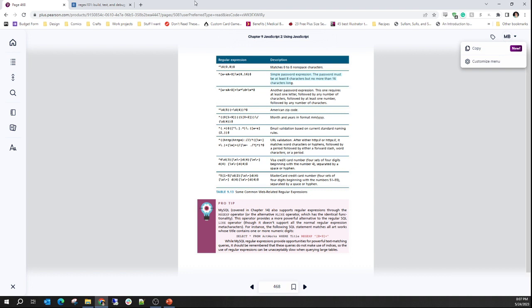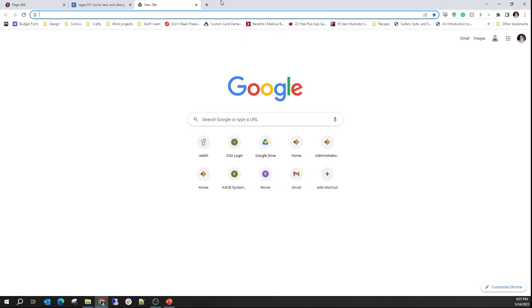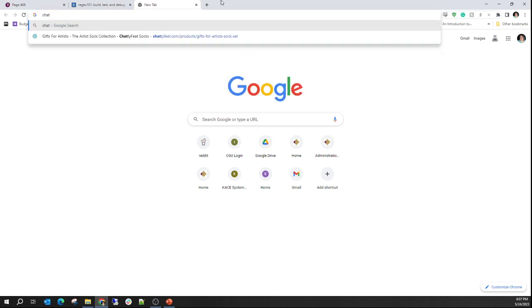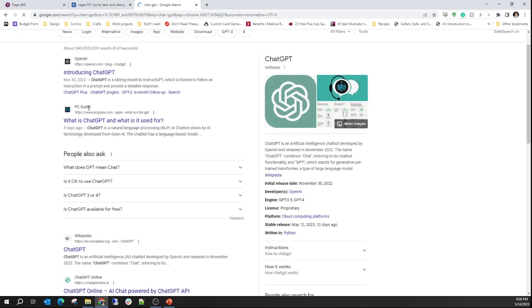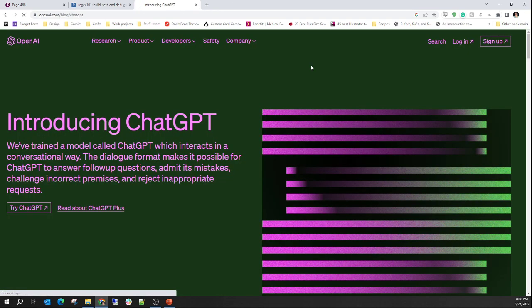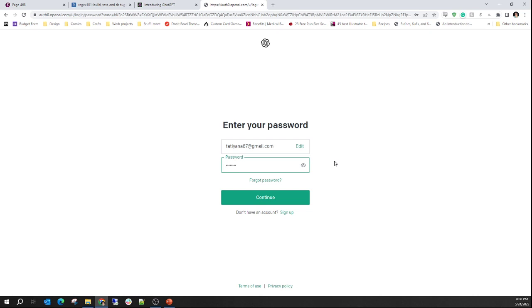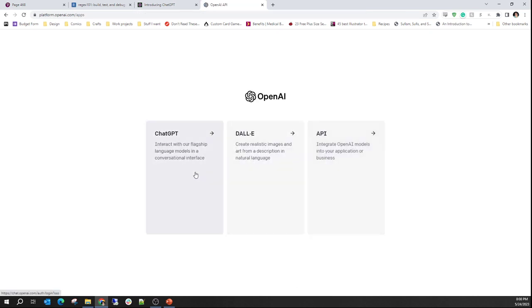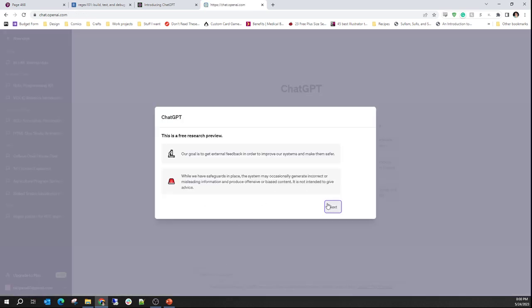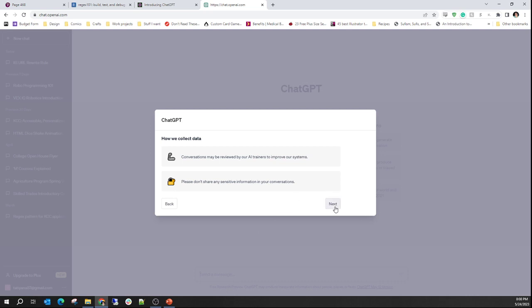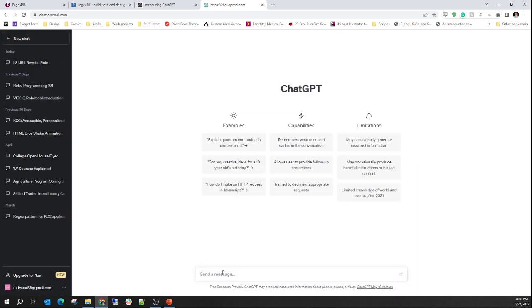But here's your life hack, okay? Have you all heard of ChatGPT? If you can, and if you end up using RegEx, ChatGPT is going to be your best friend. That's fine. You can say,